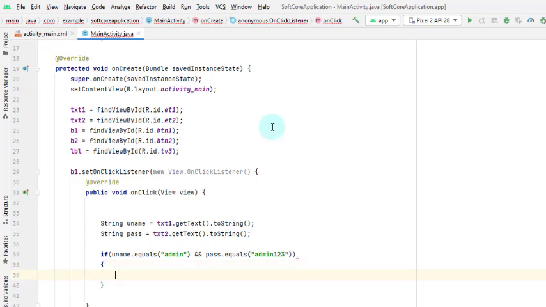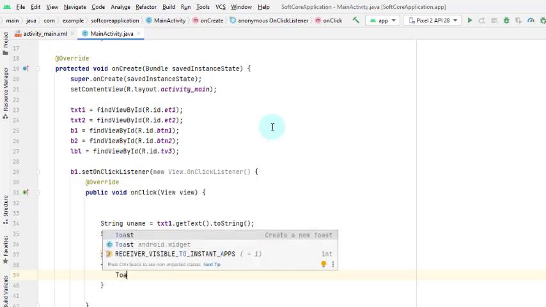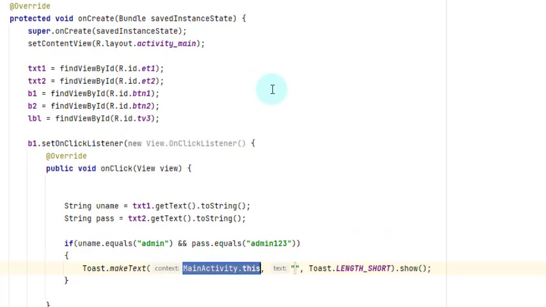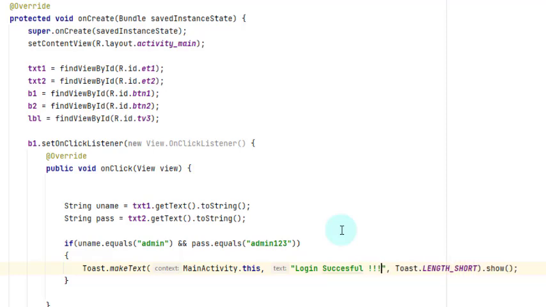So if the user enters the username as admin and the password as admin123, we will display a toast message with the text login successful. If username and password match with admin and admin123, we will print a message as login successful.